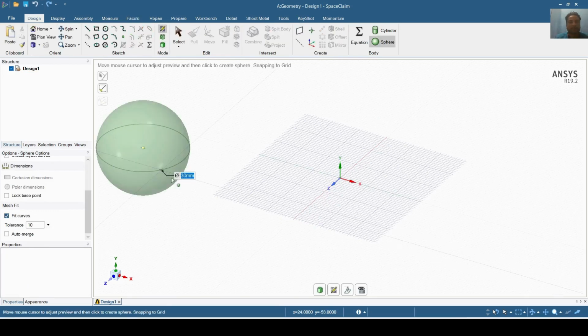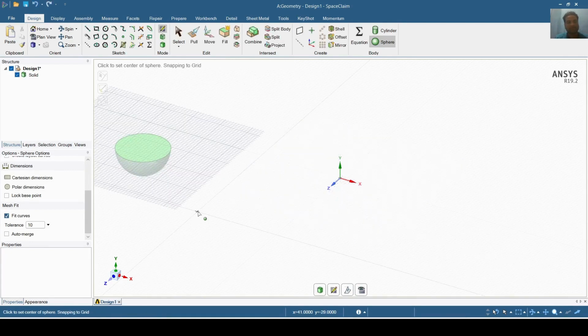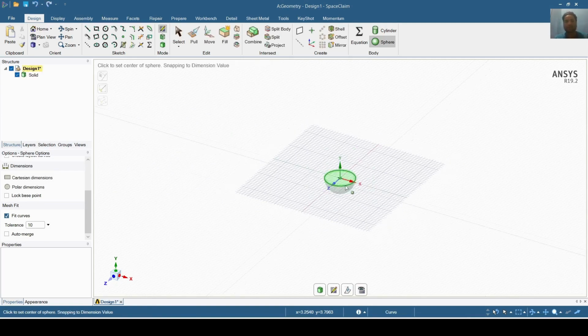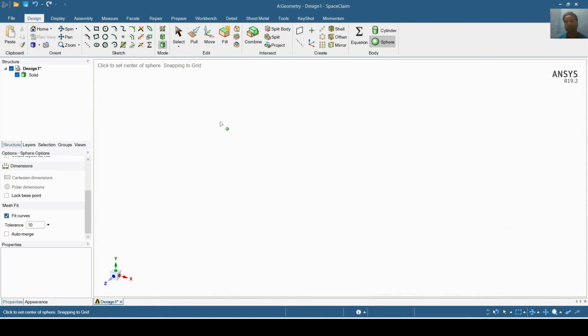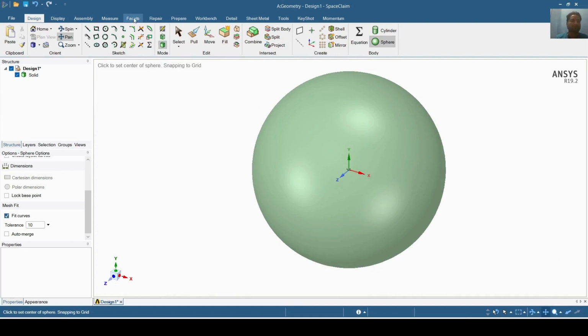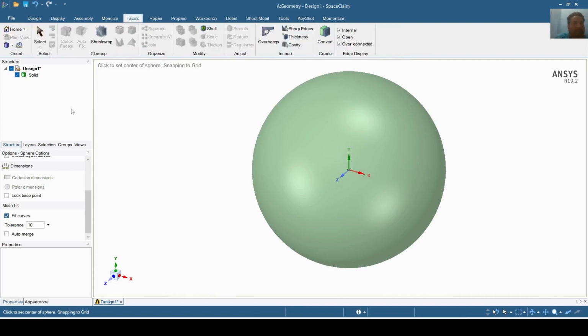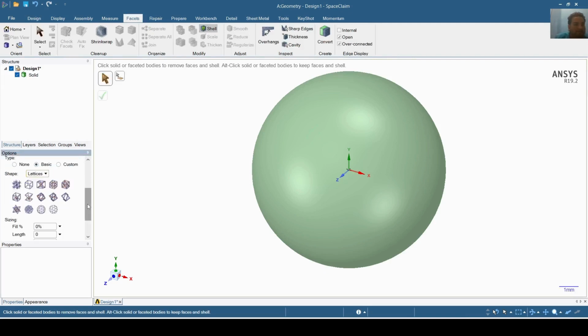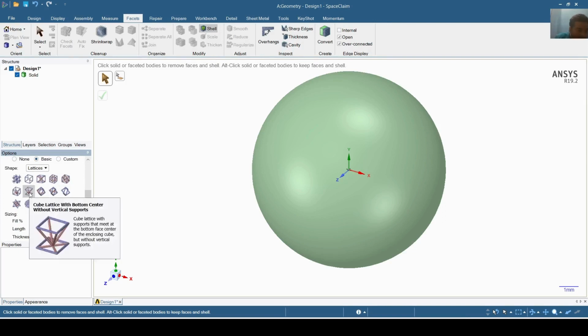I will again prepare a sphere of 10 mm to showcase some other lattice structures, and I will zoom it, and I will go to facets, shell. I will go to lattices, and this time I will select this cube lattice with bottom center without vertical supports,